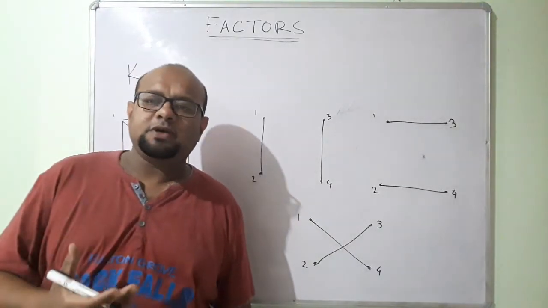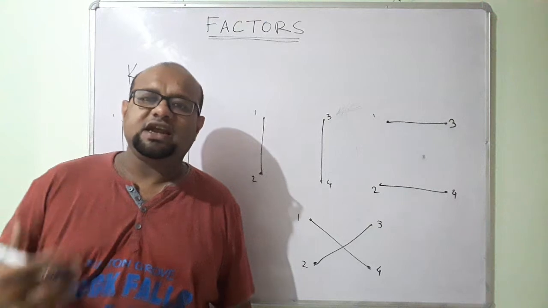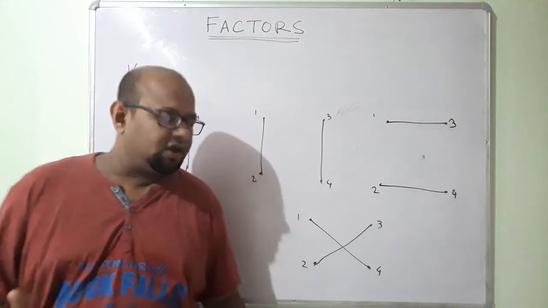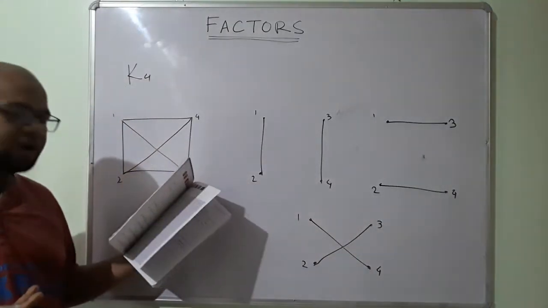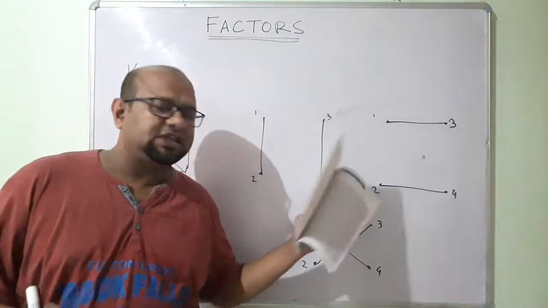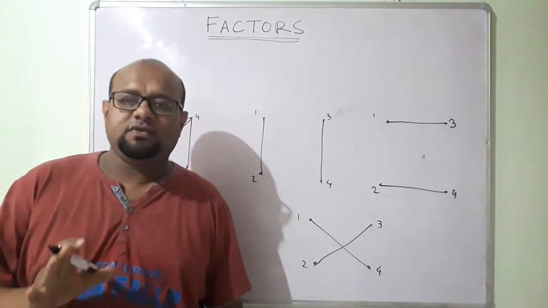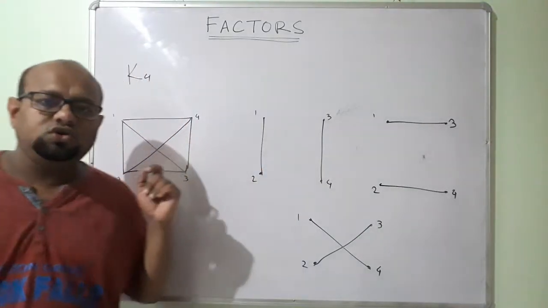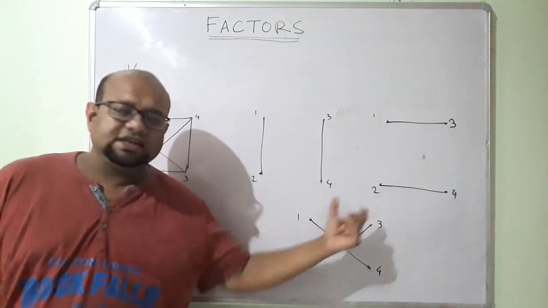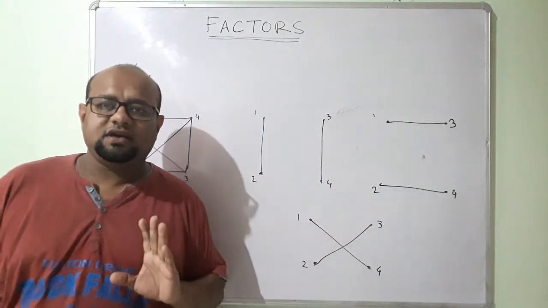A perfect matching will be a maximal matching, and a maximal matching need not be unique. We are looking at that with an example. We have this one graph and we got these three different matchings out of that one graph. By now you should know what matchings are, so you should be able to realize that these are all three different matchings, right?